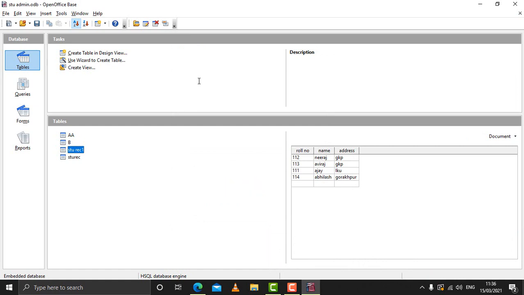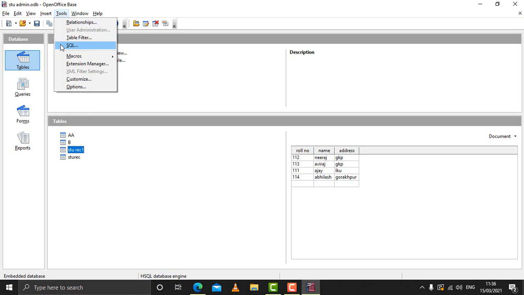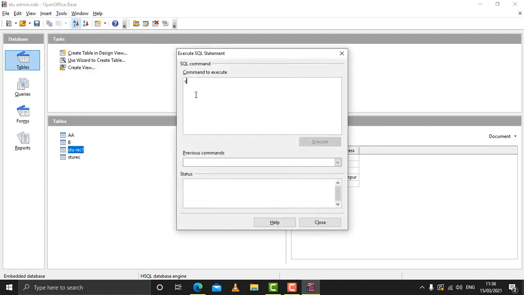When we create a table, sometimes it happens that we may miss out some fields, and in that condition we can use a command which can help give a default value to those records where we do not enter it. So it happens during the creation of the table. Let's create one more table to check that, and for that you need to go again to tools, then come to SQL, and then type the command.